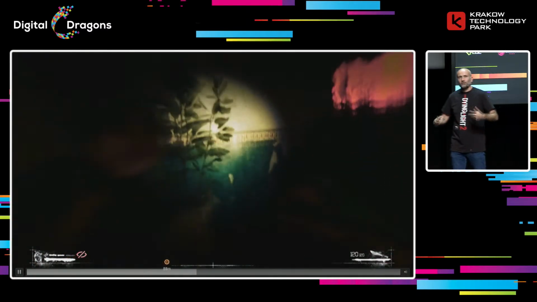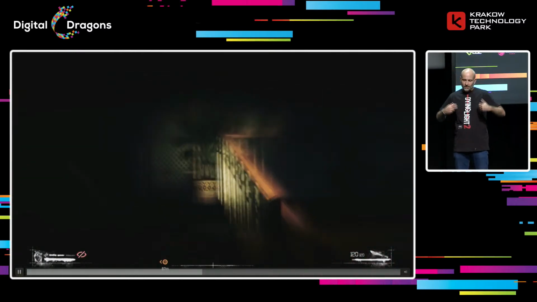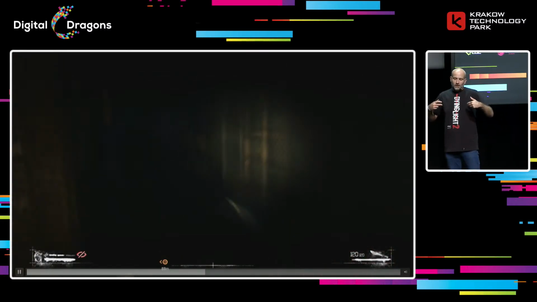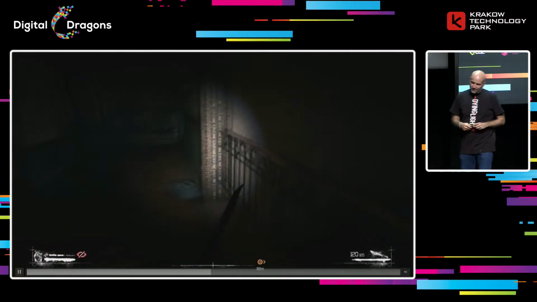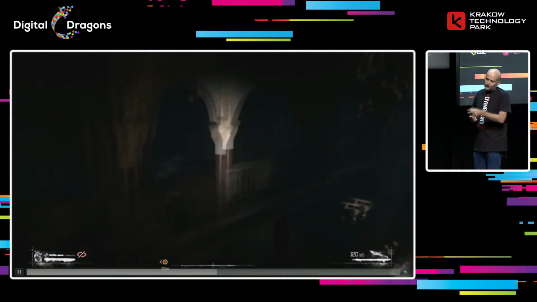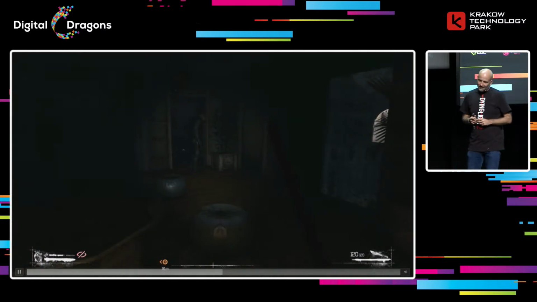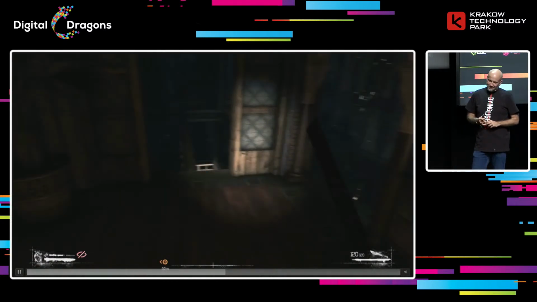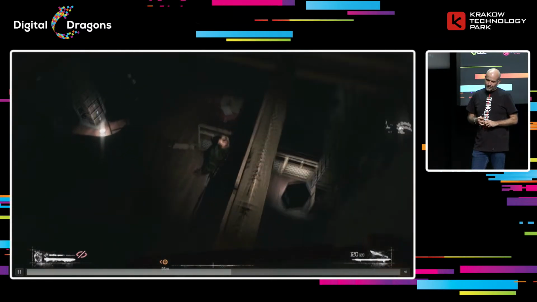This is the immunity. We also had this idea that you have to fight with your immunity going down, so you get more and more endangered by the virus. I would love to say this is our chemistry because it looks like the chemistry from the second game, but it's actually a visual glitch, so we didn't have the idea of chemistry back then. This appeared later.